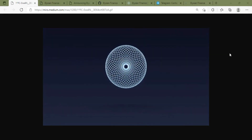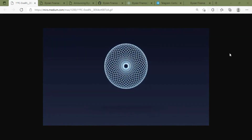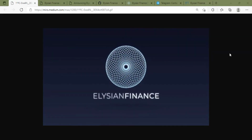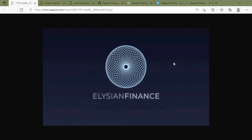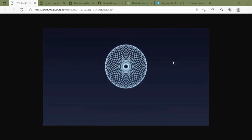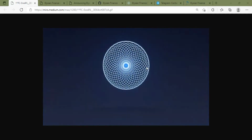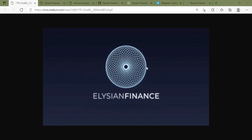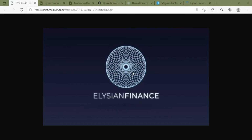Well, the Elysian Finance, or LYS, this platform aims to bring fresh air to the current status quo with an original project deeply inspired by the OHM, but with a unique approach to system design. Their contribution brings upgradability, the EIP 1822 proxy pattern, and modularity to the smart contract architecture, as well